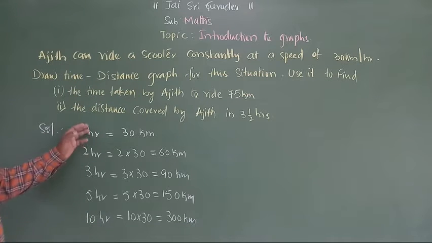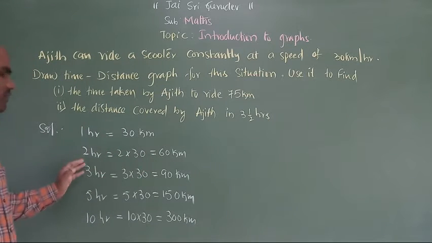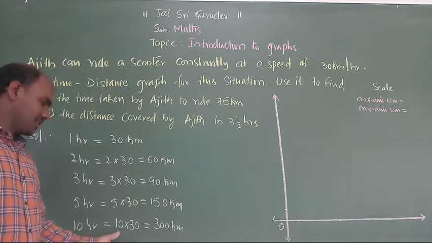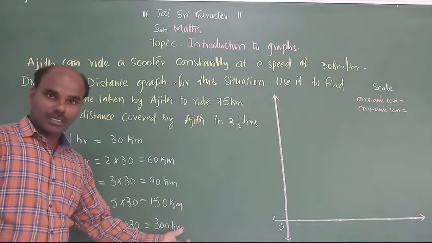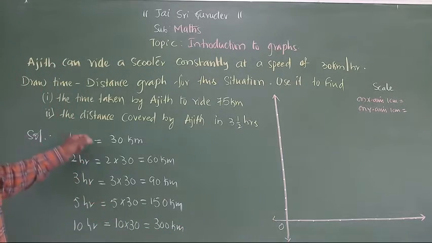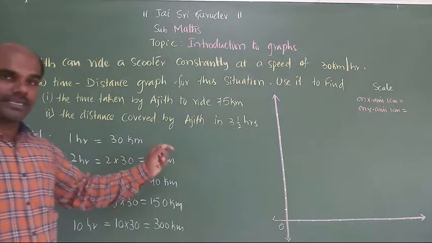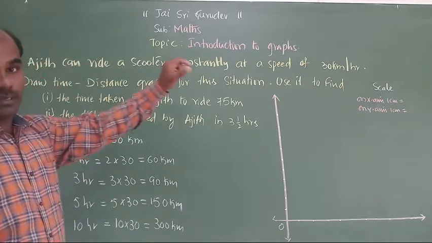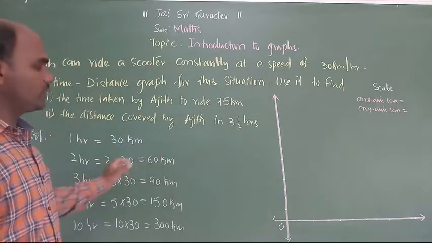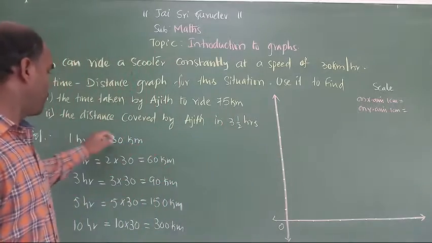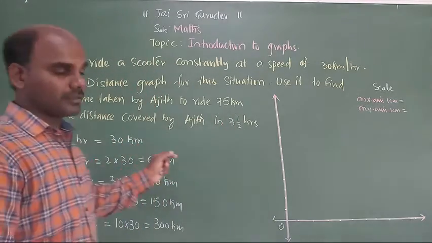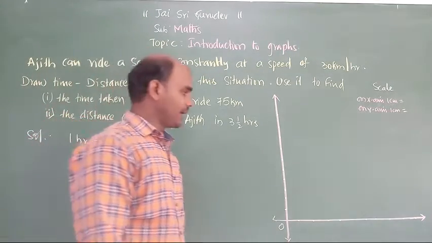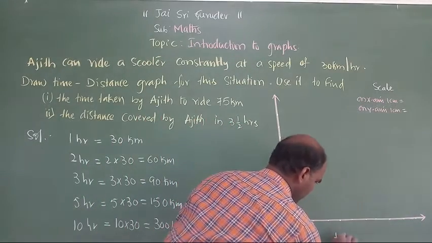So now here we have time and distance. The time you should take on the x-axis, and for 10 hours, how much are you getting, children? 10 into 30 becomes 300 kilometers. So time will be on the x-axis and distance will be on the y-axis, and then we will get the graph. Now the hours, meaning the time, we take on the x-axis and distance on the y-axis, children. So time I am taking here.